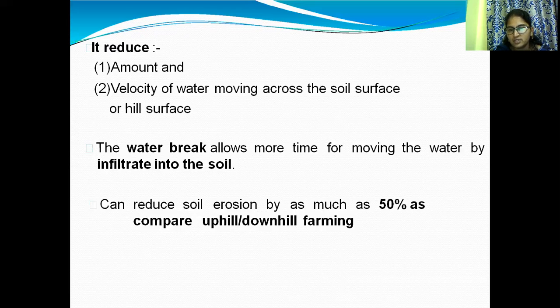It can reduce soil erosion by as much as 50% compared to uphill and downhill farming.